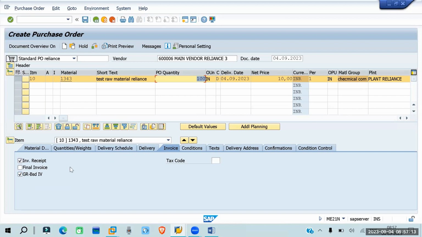And tax code is also required. If you want to give a tax code for this material, you can enter a tax code. You have to create a tax code for that. Okay, so we will